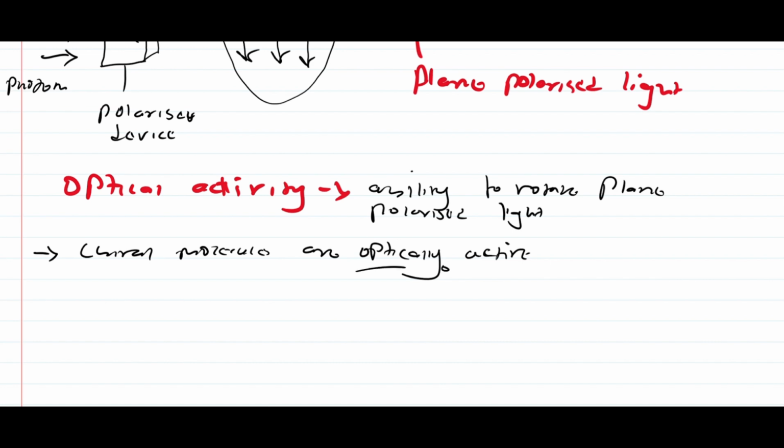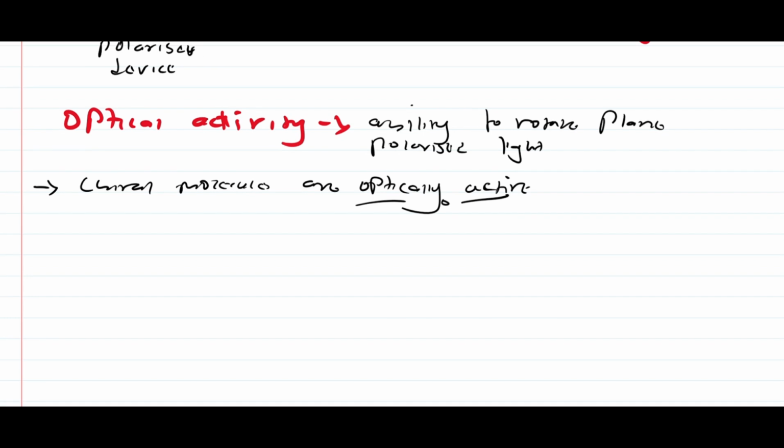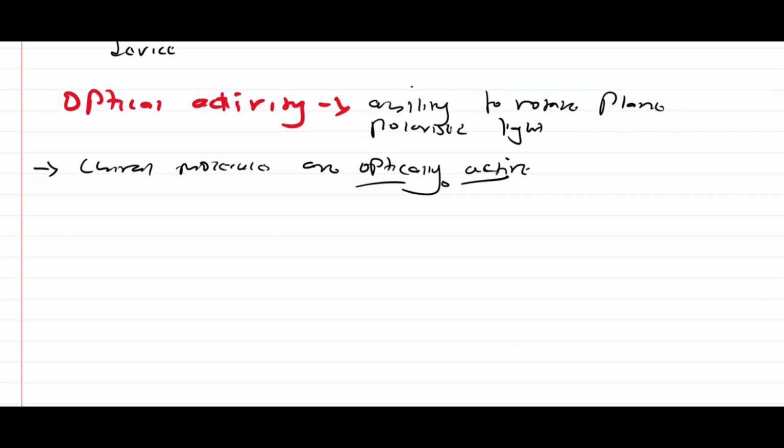They are optically active, meaning they have the ability to rotate plane polarized light. But how do they do that? If I'm having plane polarized light, for example, this one that I'm going to sketch here,